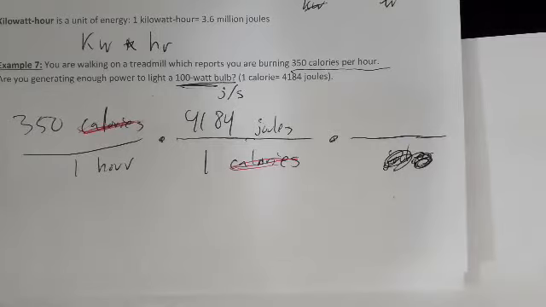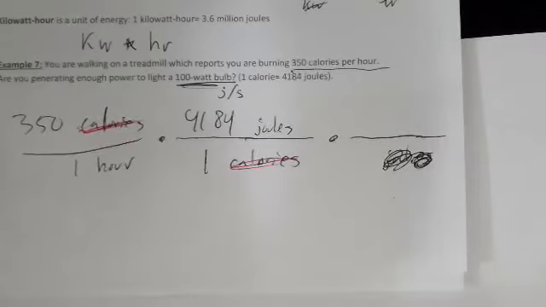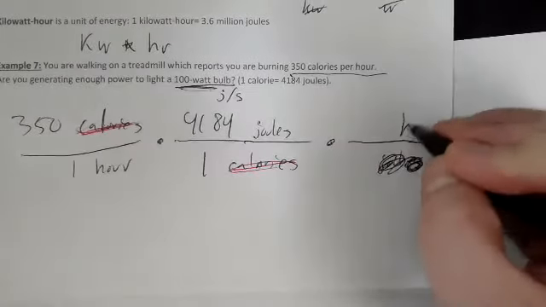So if we're looking at this, I have joules and I have hours on the bottom. So now I want to go from hours to seconds. Hours on the bottom,